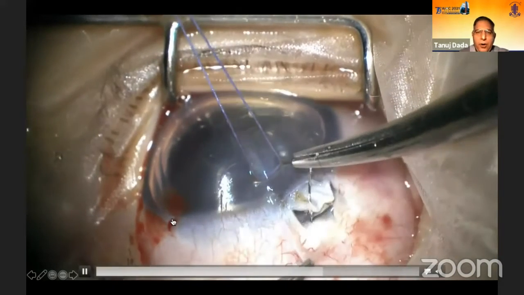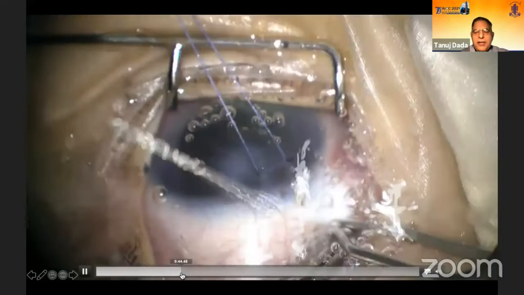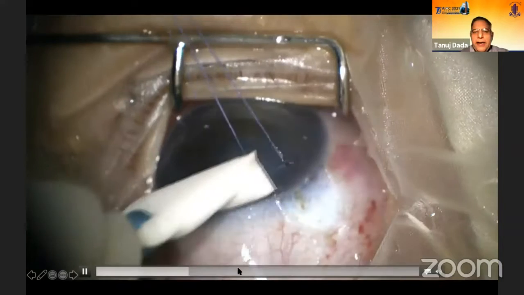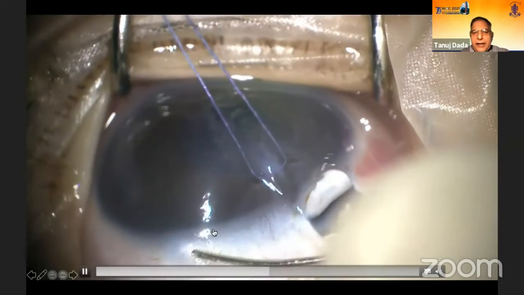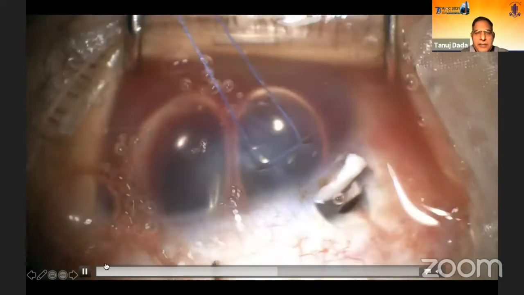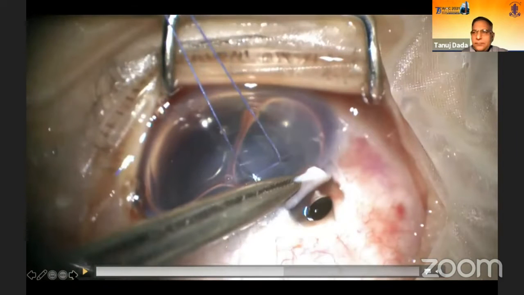So the important take-home message is that when you're doing a trabeculotomy, it is very essential that you lay slightly anterior towards the corneal side, because if you try and dip the trabeculotome, it can injure the ciliary body and you can get a massive hyphema, and you require immediate evacuation with air and your BSS.